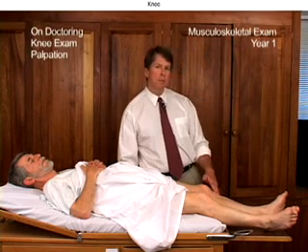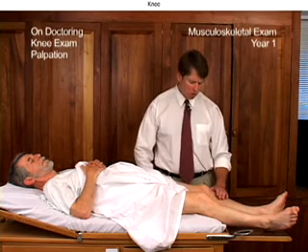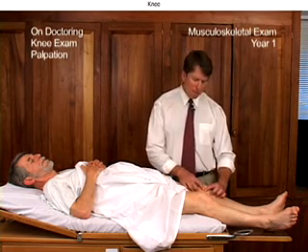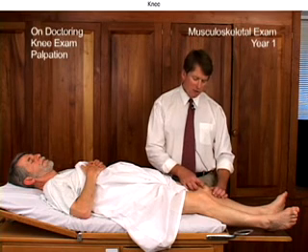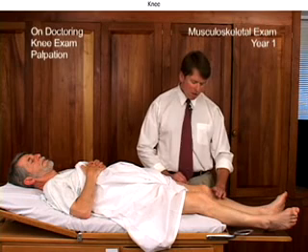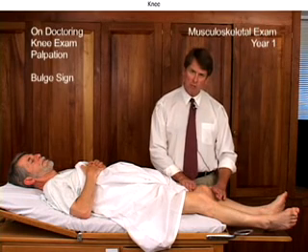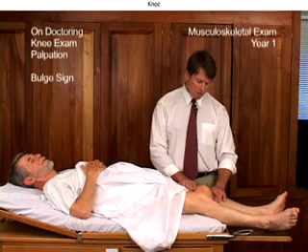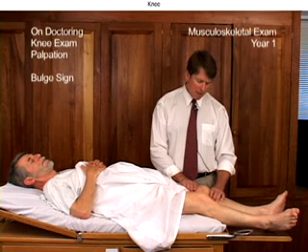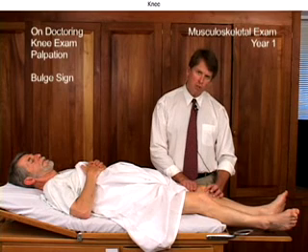In obese people this can be somewhat difficult, but unless there's a frank effusion, which one feels by palpating just inferior to the patella, along the joint line of the patellofemoral joint, what one tries to do is take one's hand and milk fluid from the suprapatellar pouch, which is continuous with the joint line, and also push laterally, and then palpate medially to see if there's any fluid that can be transduced or distracted into